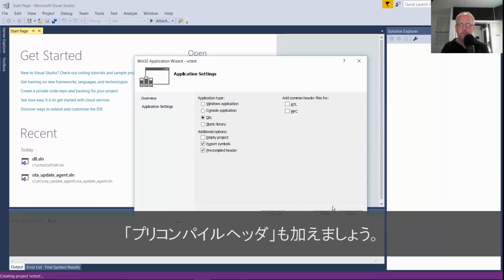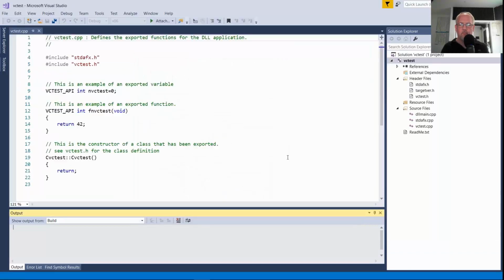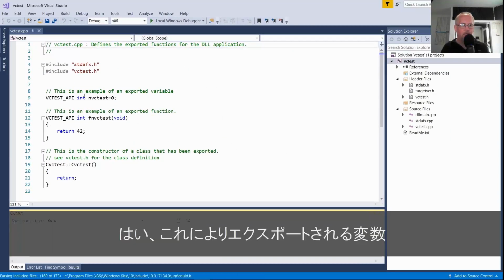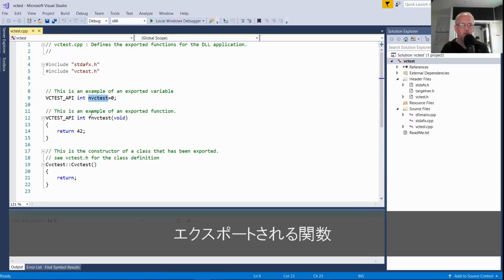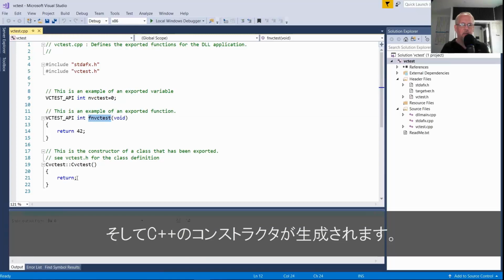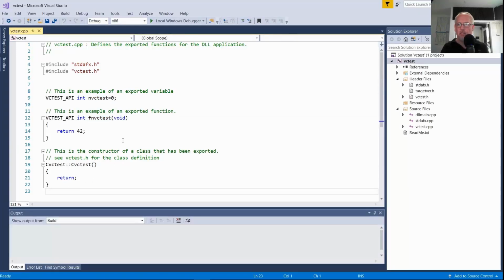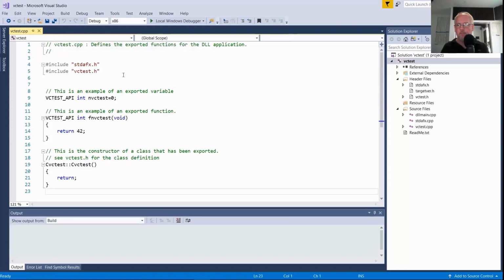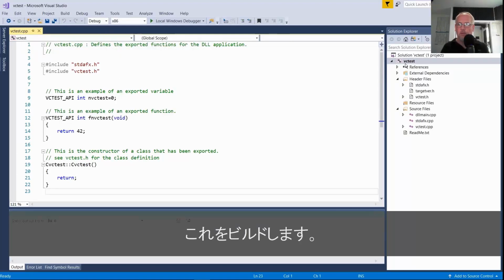Precompiled header is fine. Okay, so it created an exported variable, an exported function, and then a C++ constructor, in case we need one. And it's a .cpp file, so it's C++. We'll go ahead and build this.